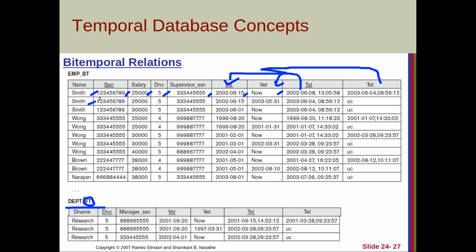Again we are having one more tuple with SSN, same salary, department same, SSN same, then valid start time 15/6/2002, and here we can see the valid end time, he was valid only up to 31/5/2003. Now this changed to one date, in real time he is not there, and